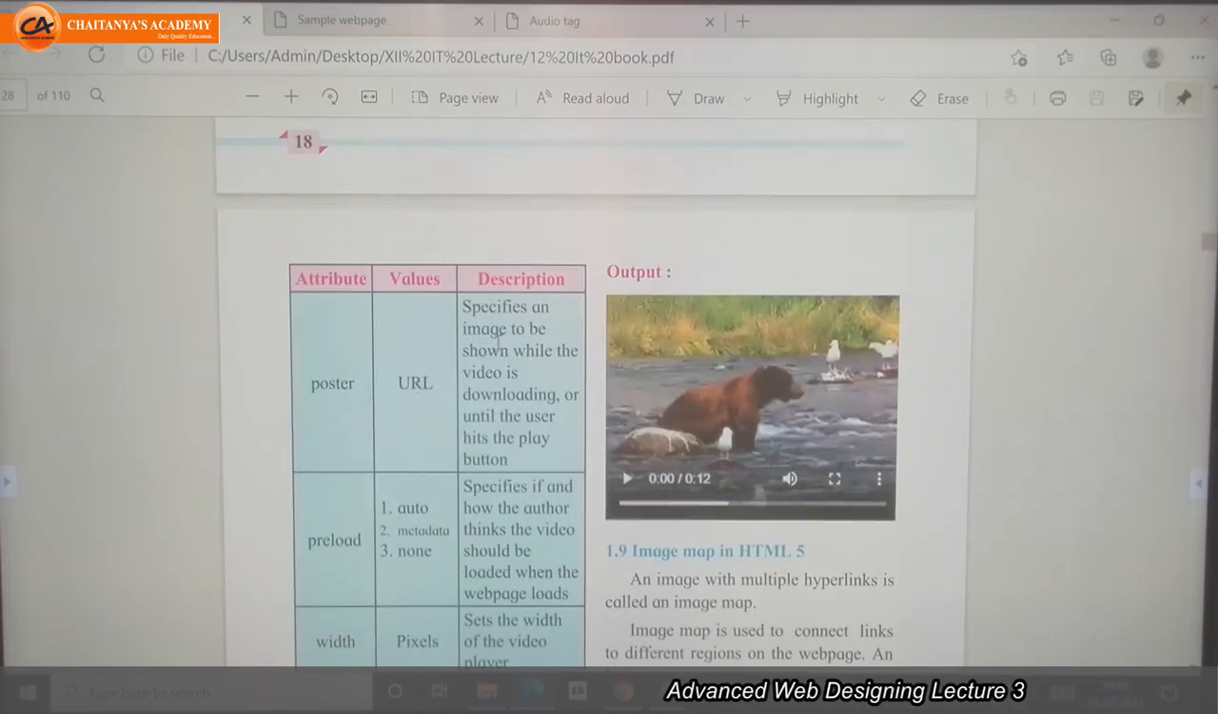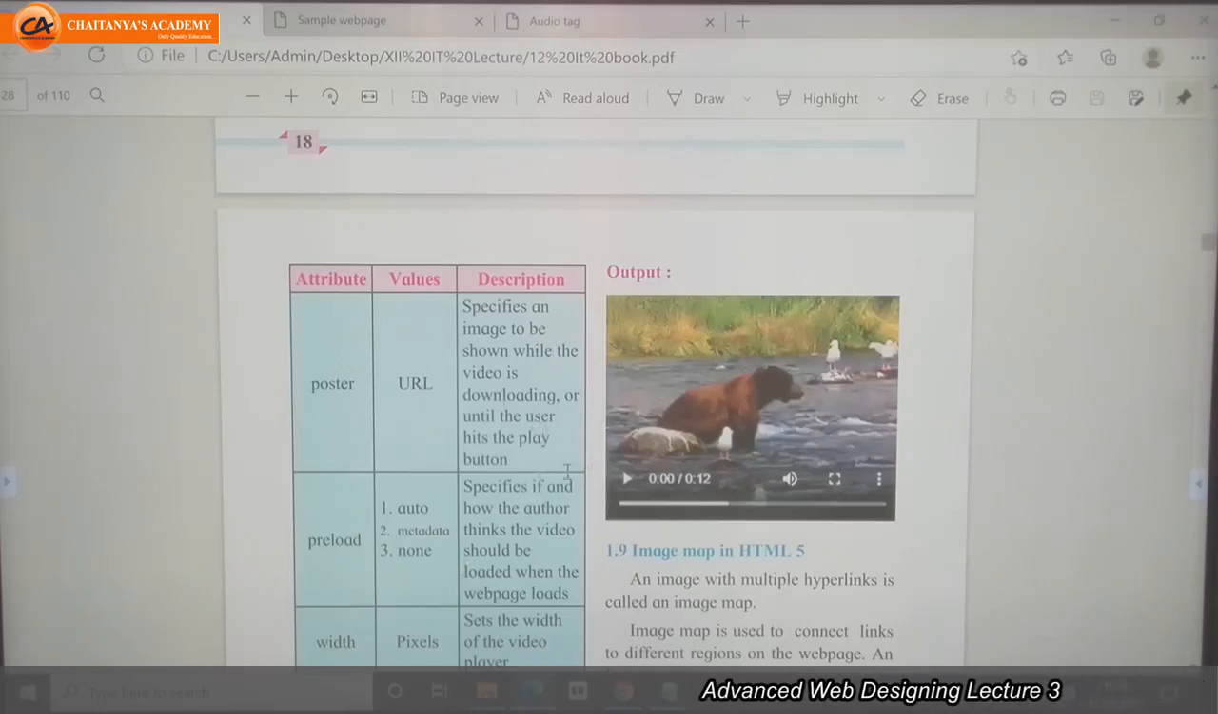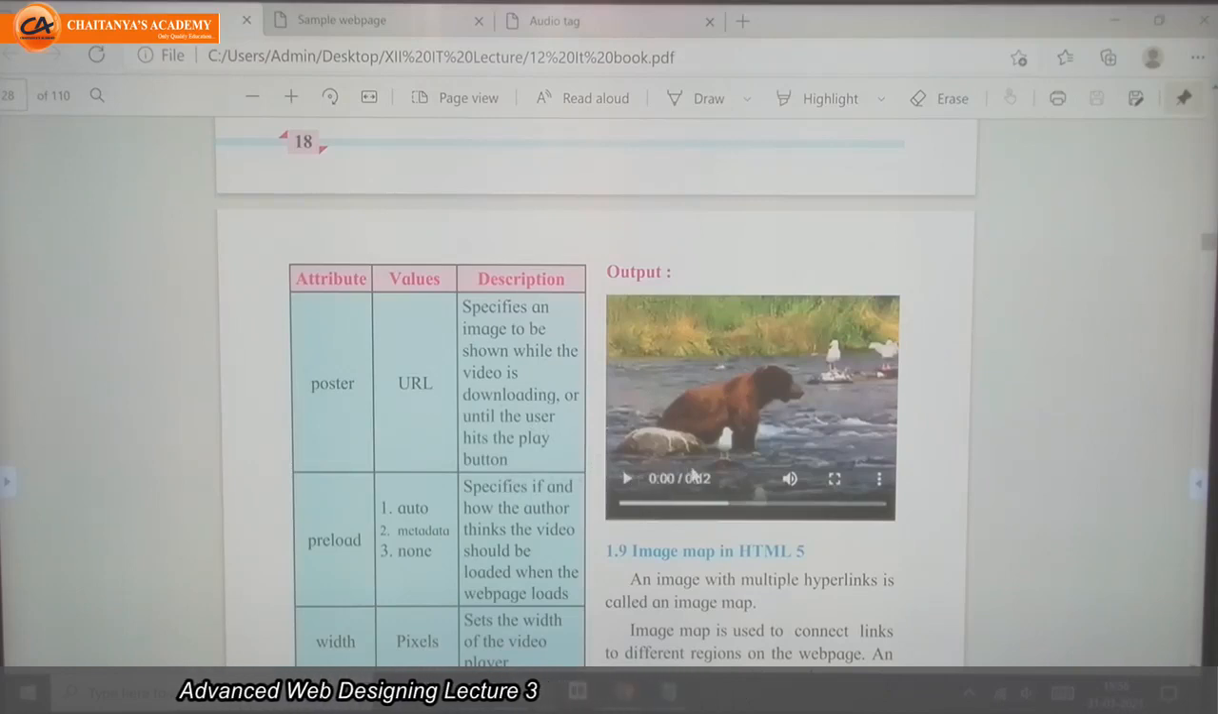It is used to display, it specifies any image. It takes a URL value, meaning the name of the file, whatever you want to display while the video is downloading, until the user hits the play button. Till we hit that play button, if you want to display another image, then we need to use this